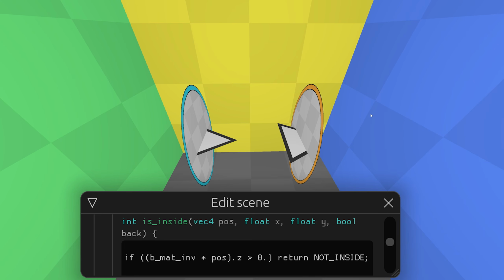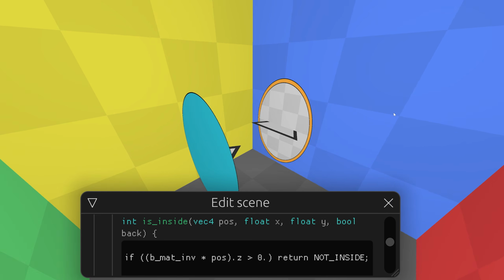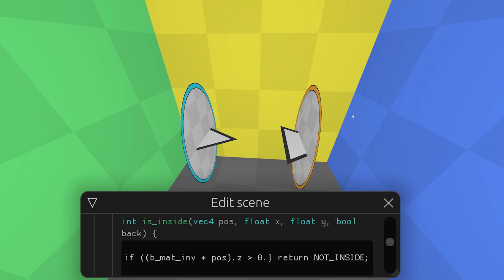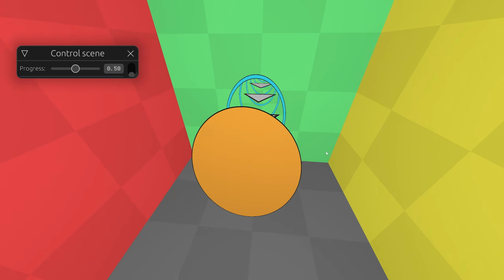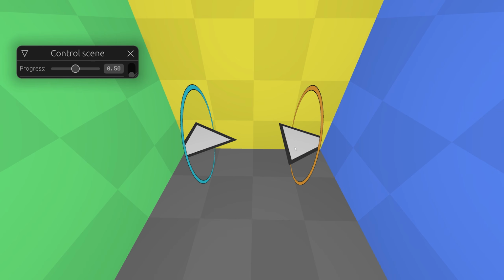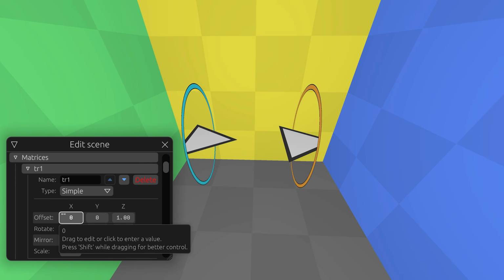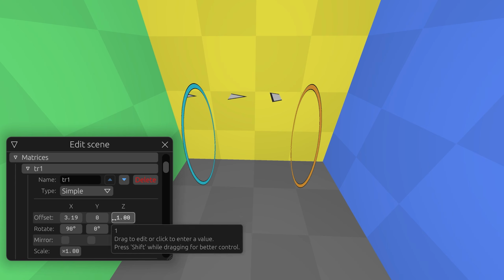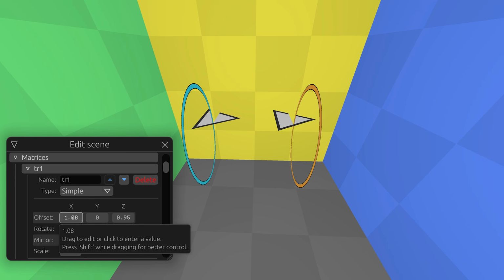We will do the same thing for the other triangle. And now triangle teleportation looks correct. Let's think about what happened. We have two triangles, and we can say that they are two teleportation degrees of the triangle, first and second, and we just filter which part is visible and which is not. But this isn't a perfect solution, because we filter incoming objects by unbounded planes, and not by portal surface.